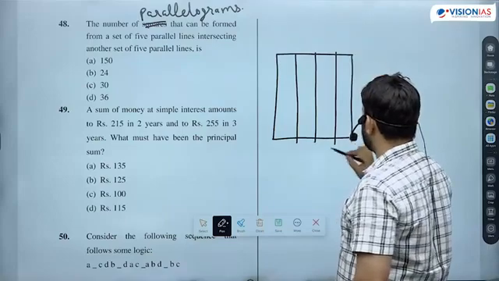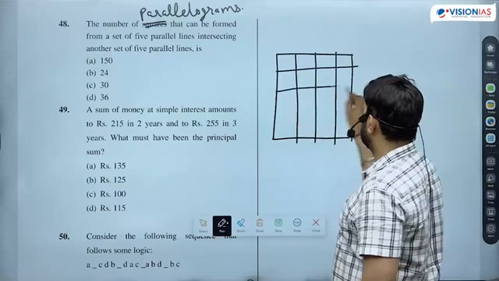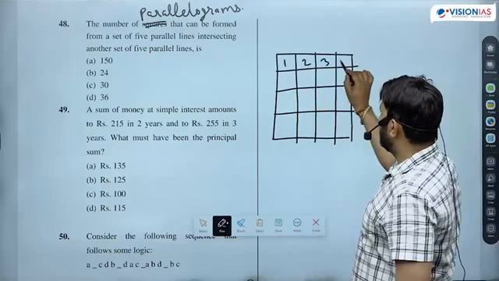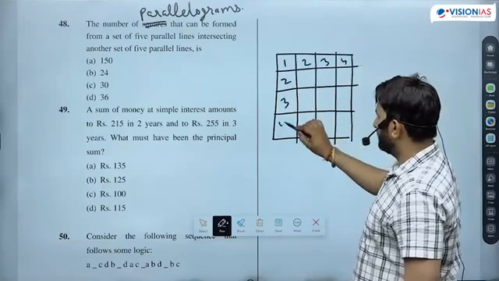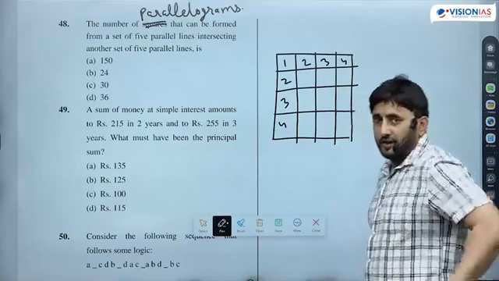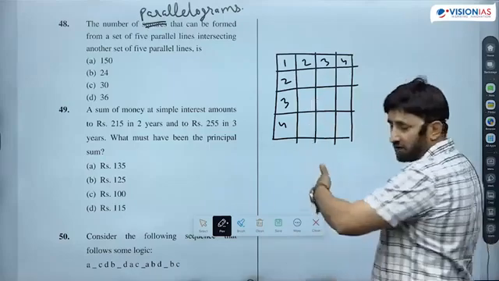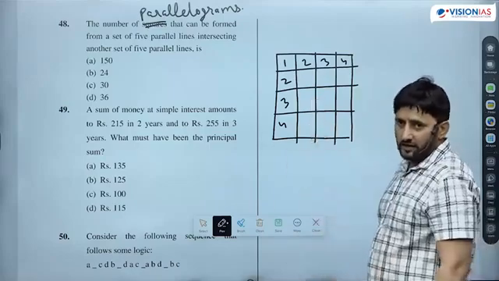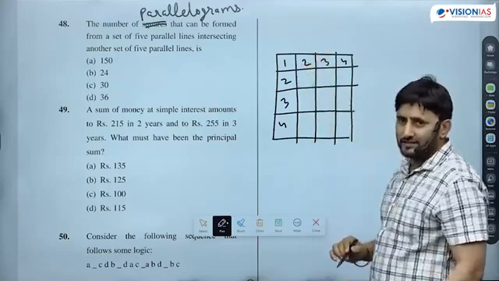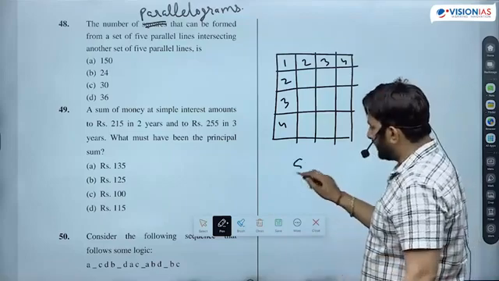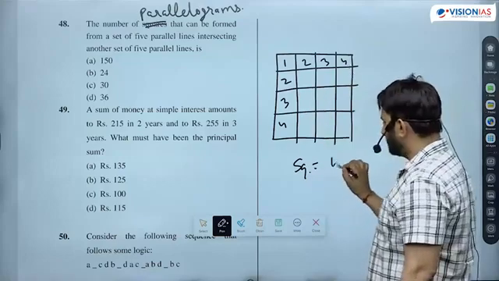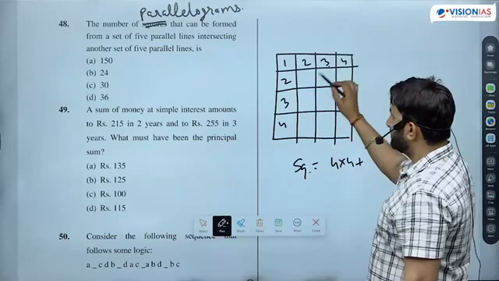Five lines are there. Here you write 1, 2, 3, 4. 1, 2, 3, 4. देखो बेटा अगर ऐसा दे दिया जाए कि these are vertical lines, these are horizontal lines, and the gap between the lines here and here is same. In that case अगर आपको square find करना है तो square के लिए क्या फॉर्मूला यूज करते हो आप? Take the largest number in a row and largest number in a column. That is 4 into 4 plus